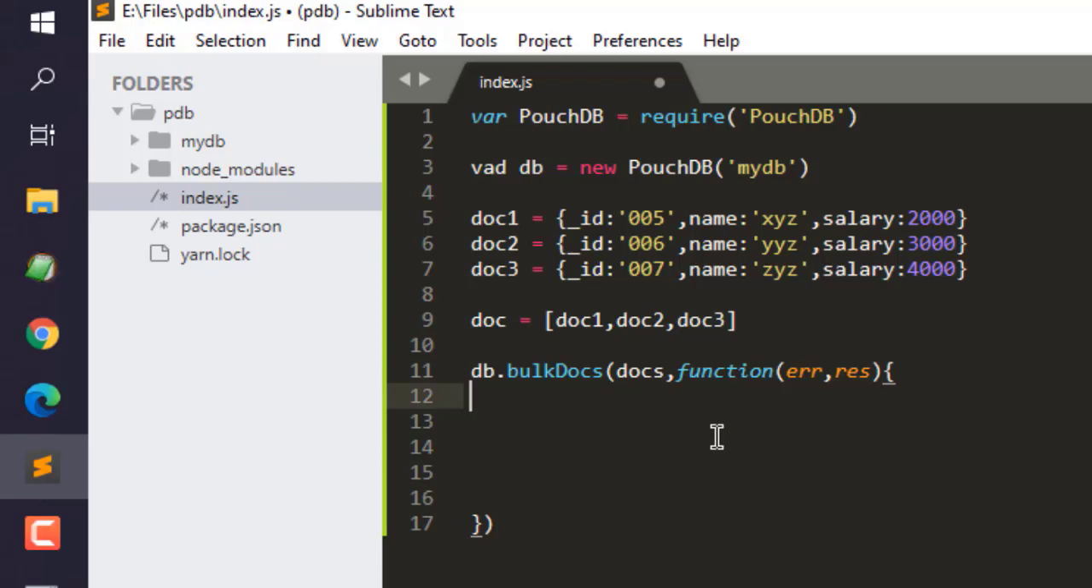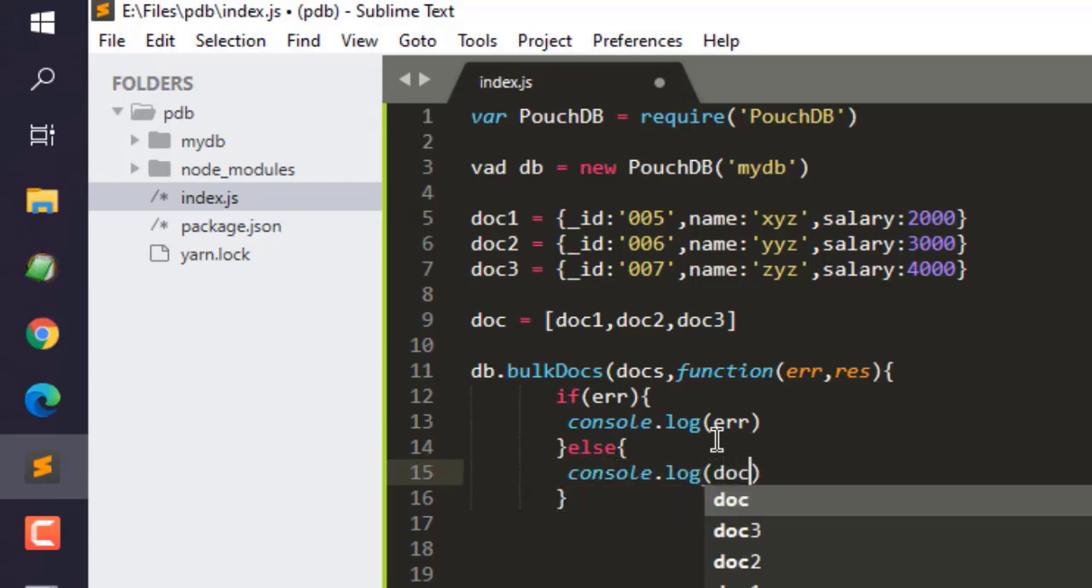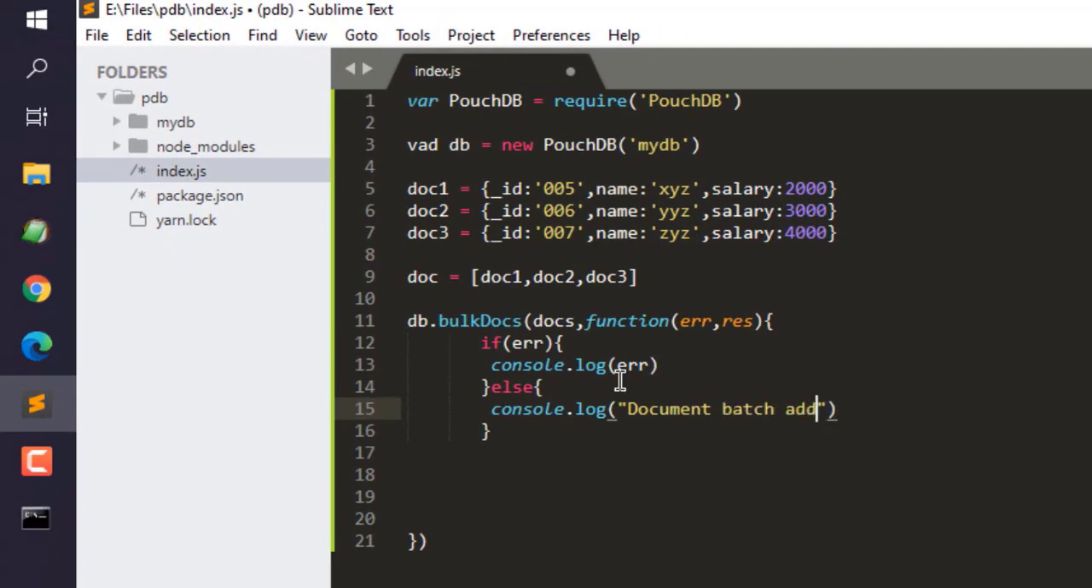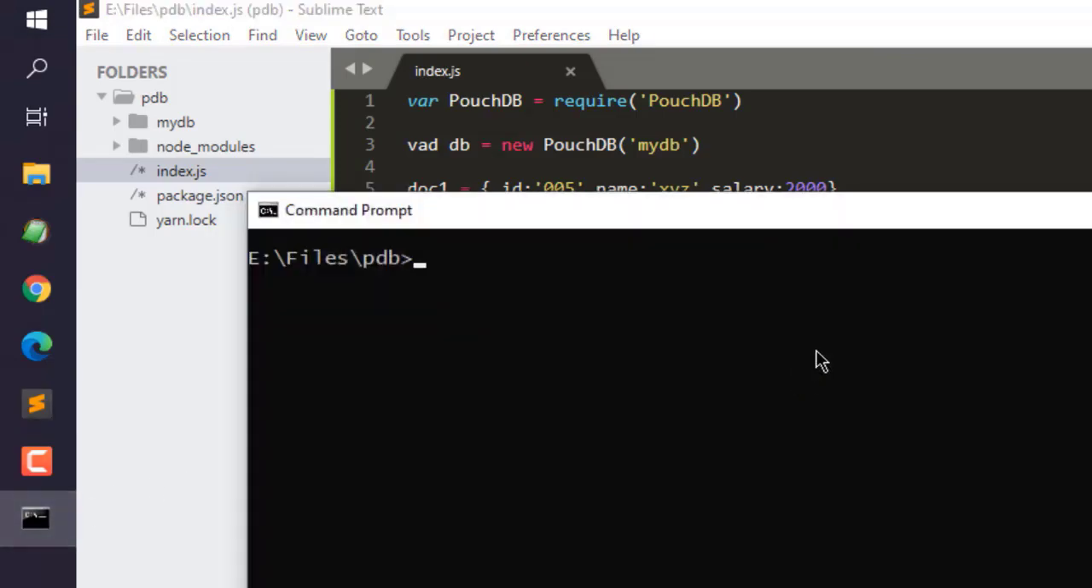Right now here let's error check. If error, we are going to catch that error and we will simply put it in console.log, else we will simply output console.log, and then we will pass the message document batch added, right? Okay, so what we can do now is we will simply open command prompt, type in